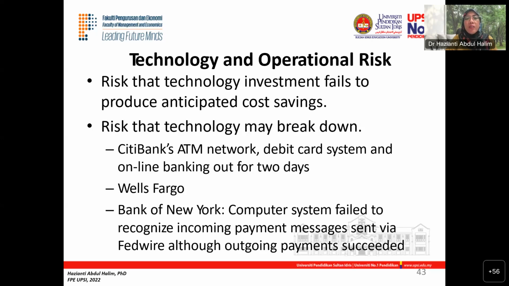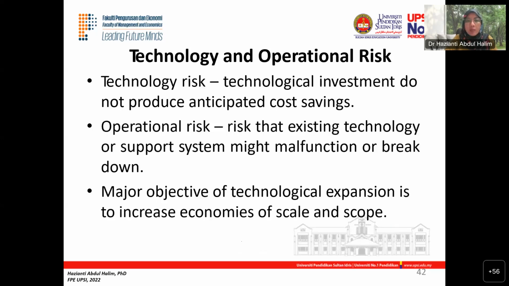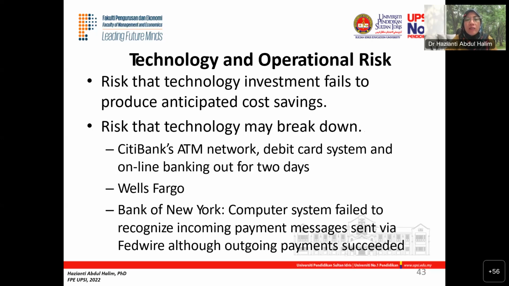Risk that technology investment fails to produce anticipated cost saving. Langsung tak save apa-apa, kan, buat penat je. These are the example untuk US juga ni. Last time ada Citibank ATM network, they cut system online banking out for 2 days. So can you imagine? And sometimes, if they don't anticipate,